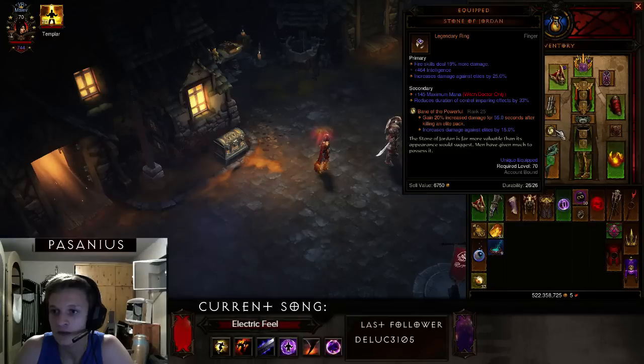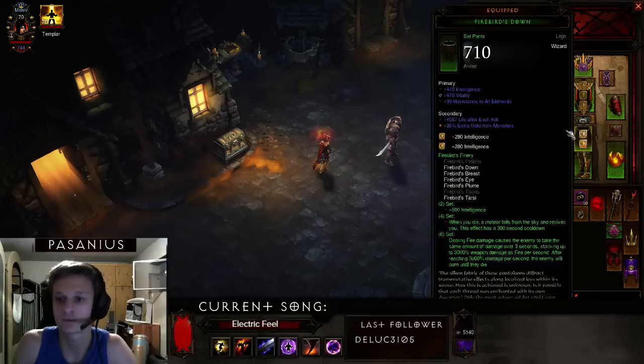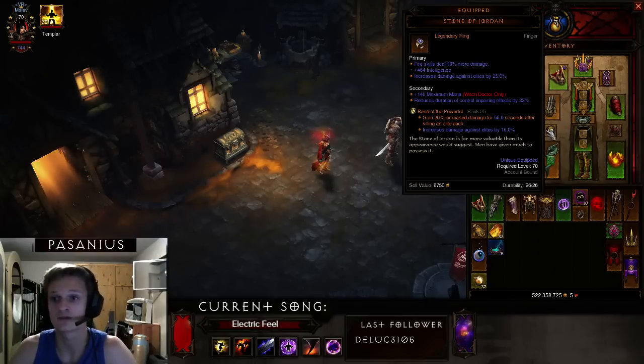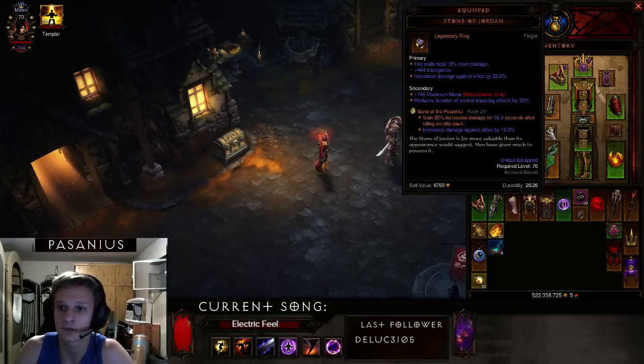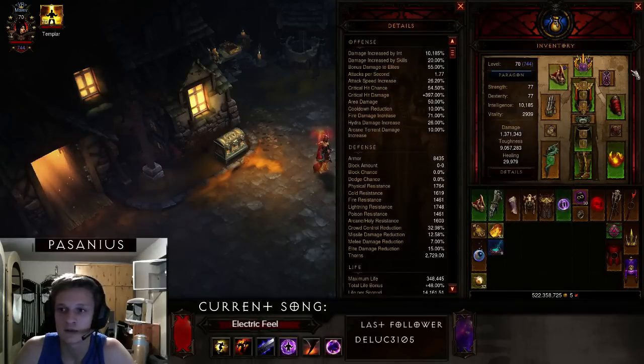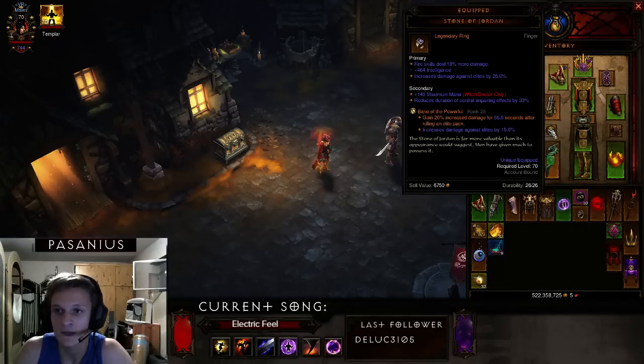As rings I'm using Stone of Jordan and Ring of Royal Grandeur. You definitely want at least two sockets on your gear. I chose to put them on the rings because 6% crit chance is less damage than 97% crit damage. So I got the sockets on the rings, and as you can see I'm using the Bane of the